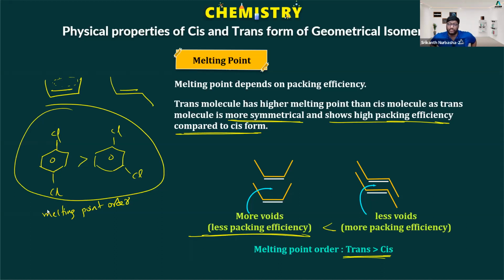It is not cis and trans, no. It is 1,4 and 1,3. Symmetry. Because of voids. Yes or no? Because of symmetry, the 1,4 molecule is symmetrical in nature. Because of that symmetry, it will fit in the crystal lattice greatly. The melting point order is: 1,4 dichlorobenzene has a higher melting point than 1,3 dichlorobenzene,